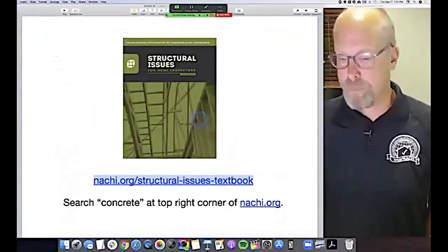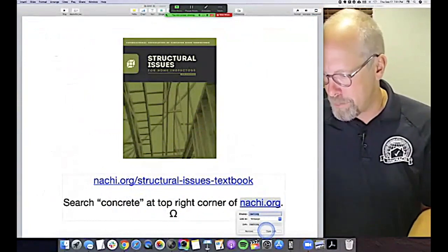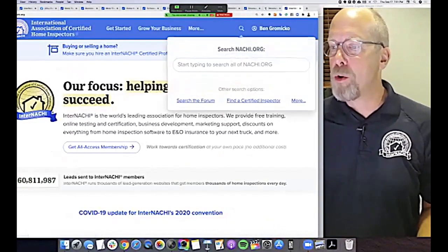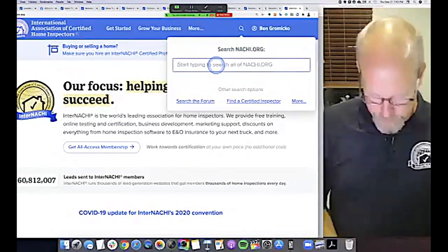If you can't find it, you go to the InterNACHI.org page, and at the top right corner there's a magnifying glass right there, and you start typing to search. So if you go concrete,